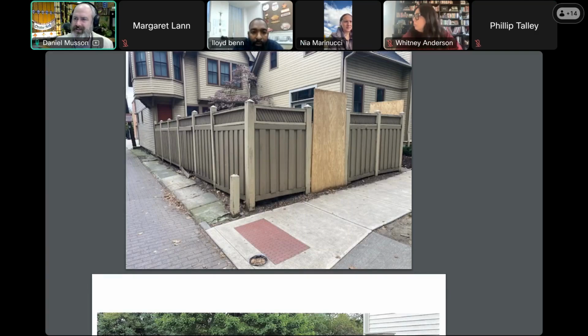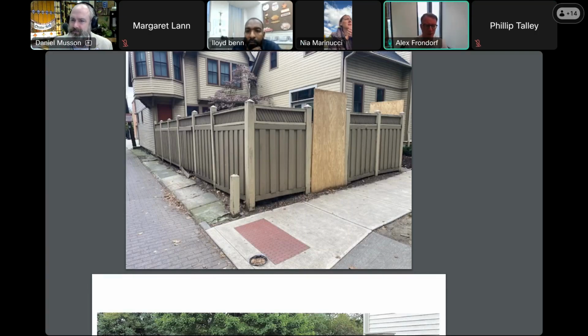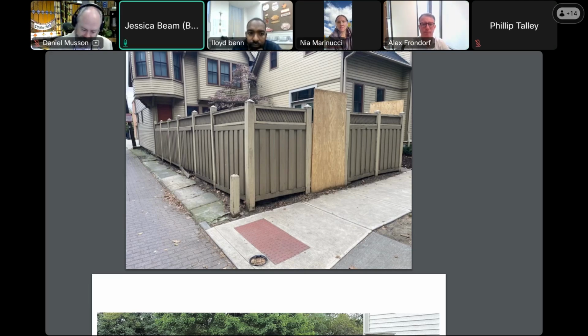I've had to look into this. It's been a number of years, but the height of the fence issue is typically on the street and not on the alley, the way that the code's defined. But I'm speaking from memory, and so I don't want to say that I'm 100% certain of that. That's what I thought too, Alex. But then I'm getting confused. Jessica can speak to that if you'd like. Yes, please.